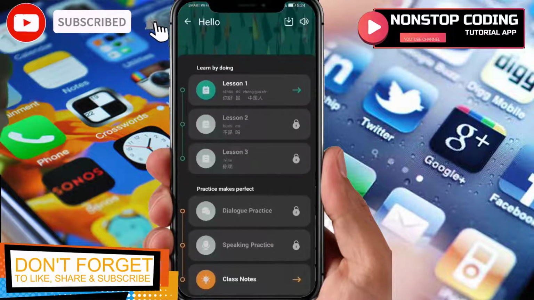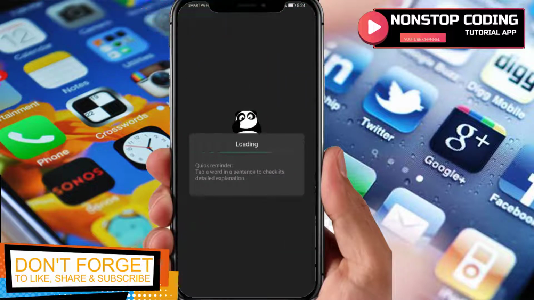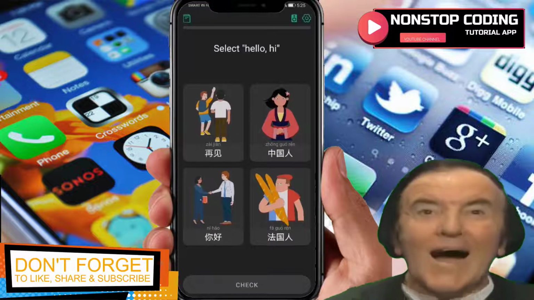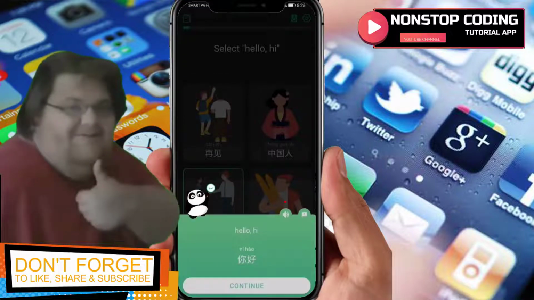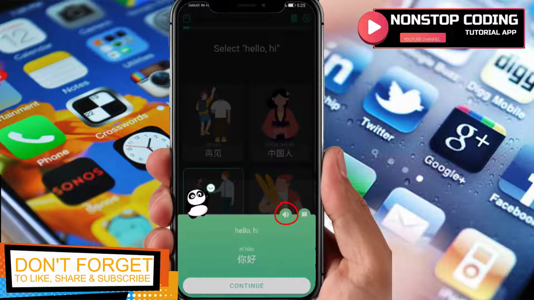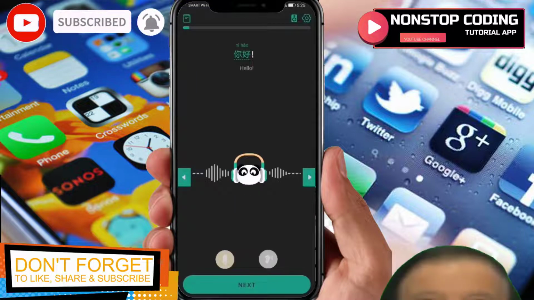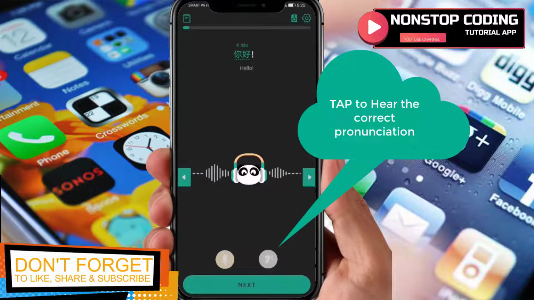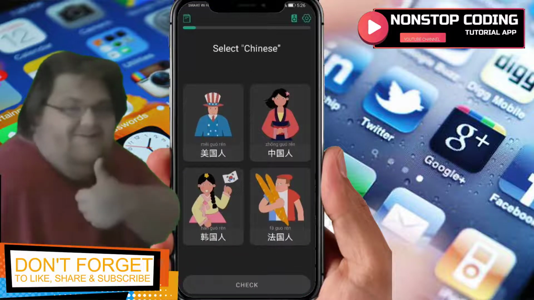the beginner. So hello, let's select lesson 1. So quick reminder, type a word in sentence to check its detailed explanation. So here it is. So select hi, ni hao. Here it is. Checked. There, you are correct. If you press this, you will hear a sound, a Chinese voice. Okay, press continue, and then as you can see, you have to pronounce this word properly. So it's ni hao, and then you can proceed to the next step,